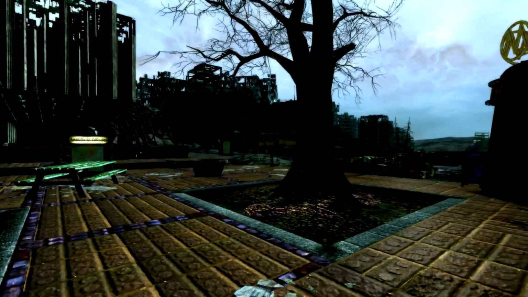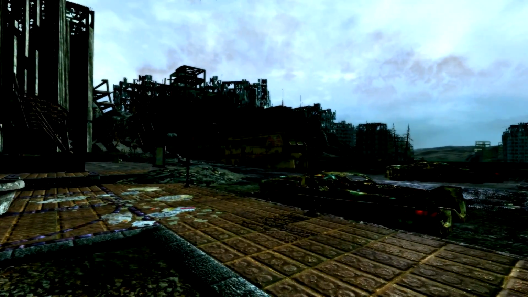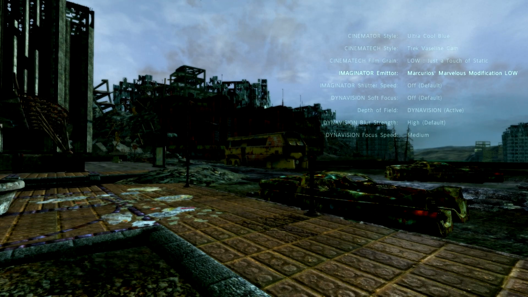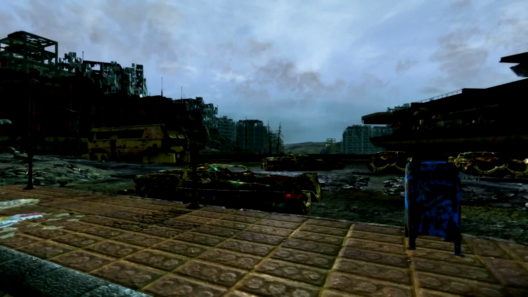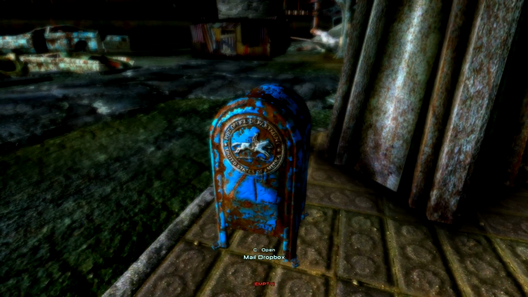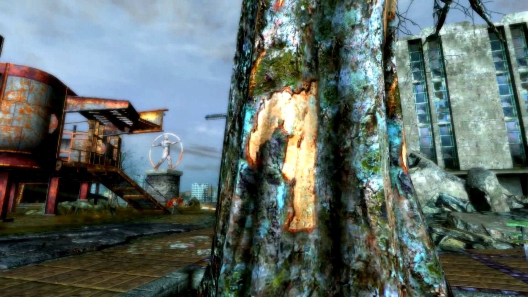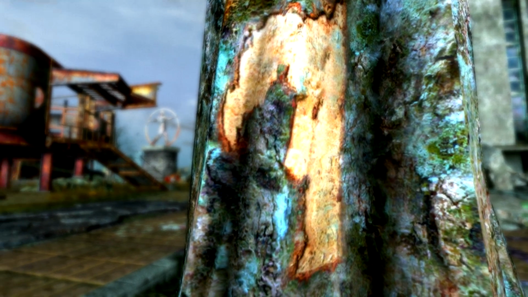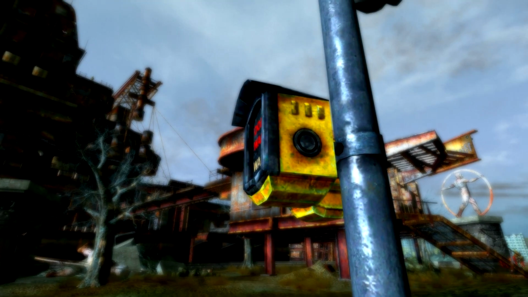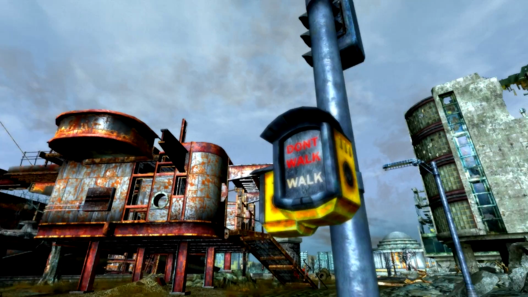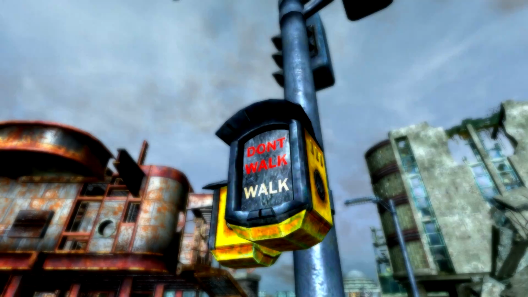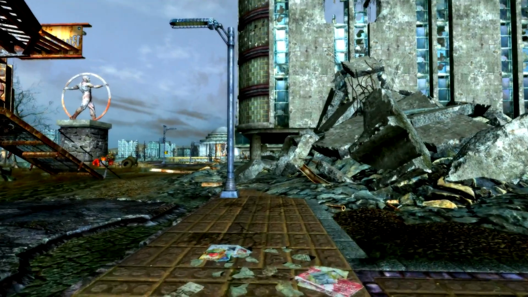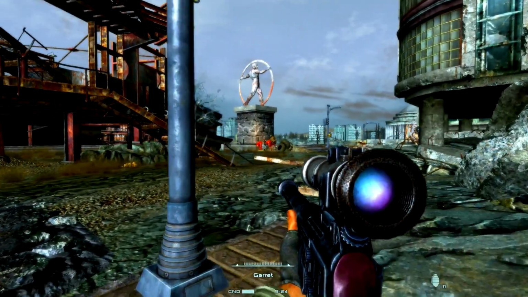A lot more compatible. Now this is perhaps a little too dark actually. Perhaps that one is a better one. Yeah, how about that one? So as you can see now, colours are a lot more vibrant. You've got depth of field with the blur. Again, I don't think it's quite as good as ENB's, but it is definitely noticeable. And the other thing is the anti-aliasing is a lot better because I've got anti-aliasing set on plus the edge blur. Now if I go back to my sniper rifle to look at these people,